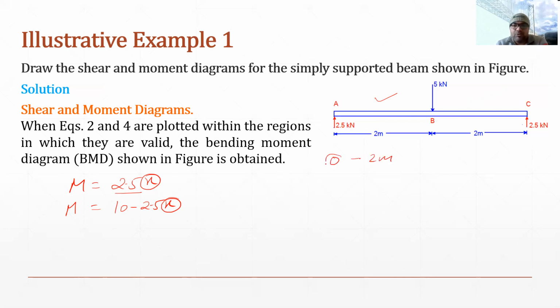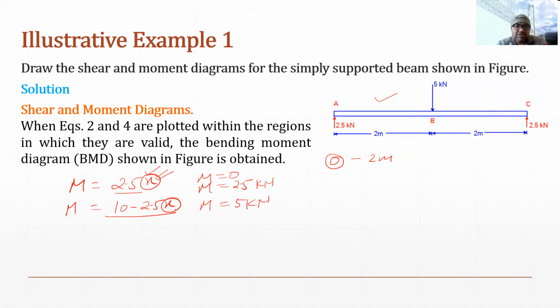So if I put value 0 here, it means m value will be 0. If I put x equals 0 in this equation, then m will be 0. Similarly, if I put the value of x as 1, then m will be 2.5 kilonewton. Similarly, if I put the value of x as 2, then m equals 5 kilonewton. Similarly, for this equation,